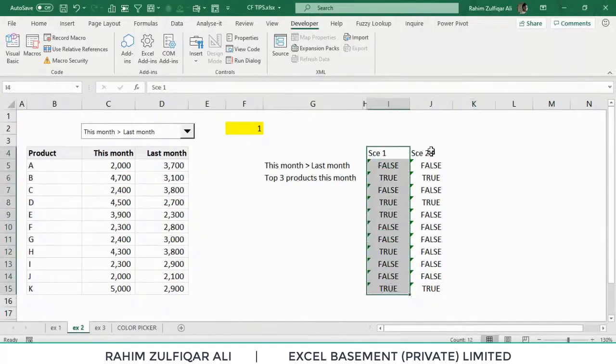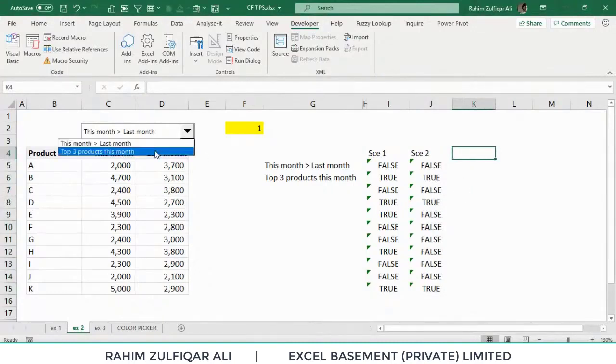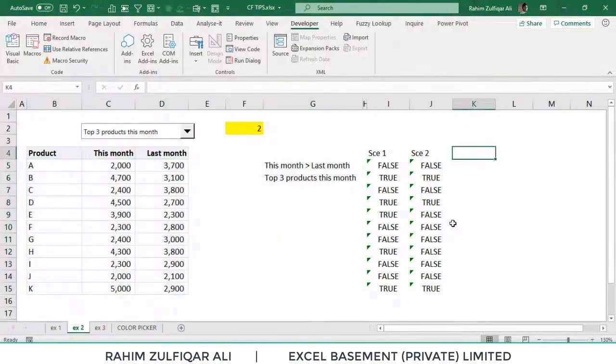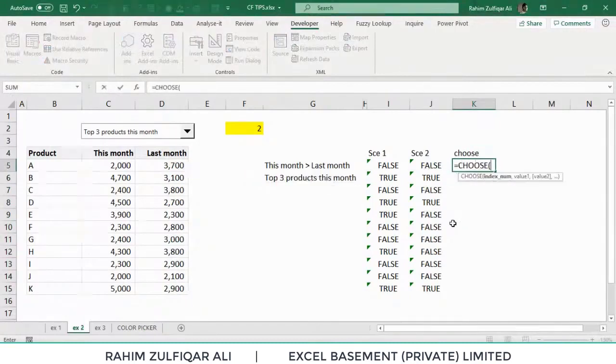After creating the simple logics for the 2 situations, now how will this drop down work? When I click on any situation, that situation should get highlighted within this data. So I need to create one more column, and here I will write a CHOOSE function.